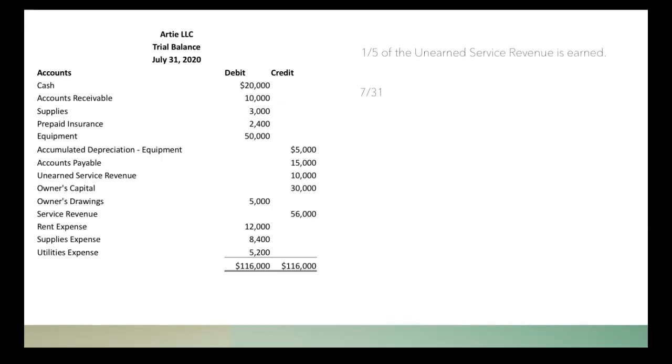So what we need to do is we will need to debit our unearned service revenue, because if we've now earned some of this, that means that we're going to have less unearned service revenue. And remember, that's a liability account. So we're decreasing our unearned service revenue in this entry. And whenever we earn revenue, we credit service revenue. Right? So we're still following that first rule where we either debit an expense or credit a revenue. Here, we're crediting that revenue.